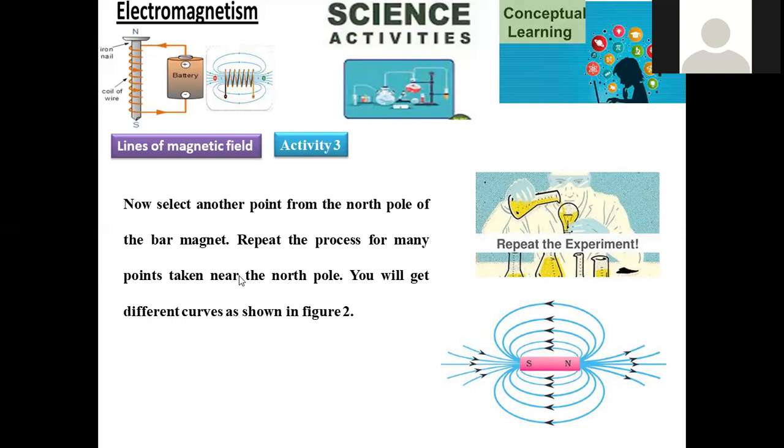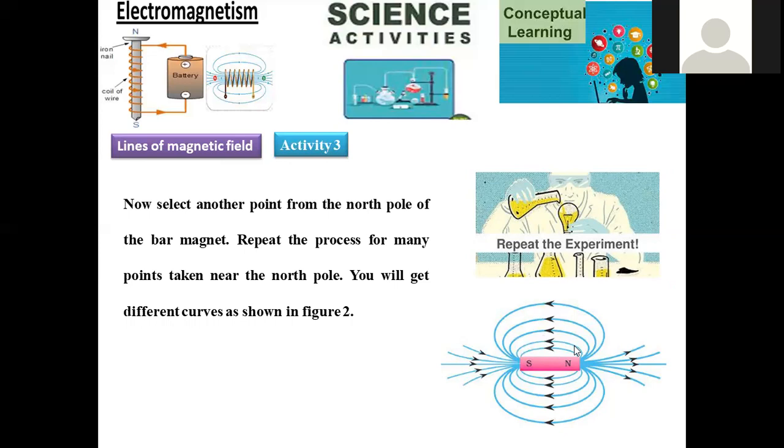That's the reason why different spots were taken, and the same experiment is going to be repeated several times, so that we will achieve different kinds of curvatures each and every time. The direction will remain the same, but the spotting position will be changed. So in that manner we are going to repeat the experiment several times. When you draw in this manner, you can clearly observe that when we move from north to south pole, we got one curvature, and any other spotting gives another. In this manner, different kinds of curvatures you can assume.